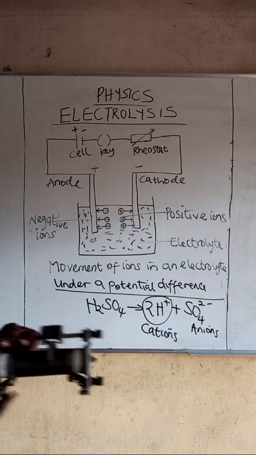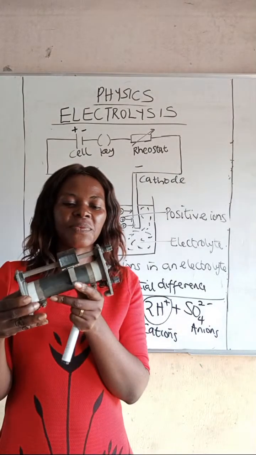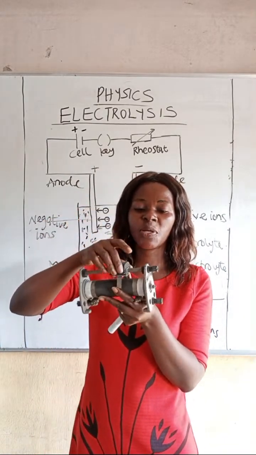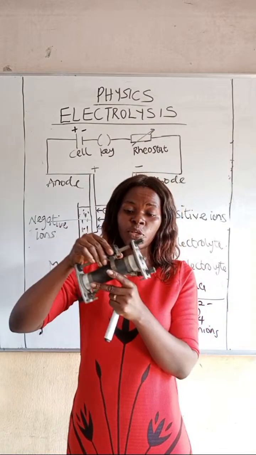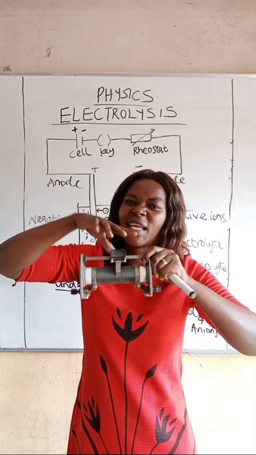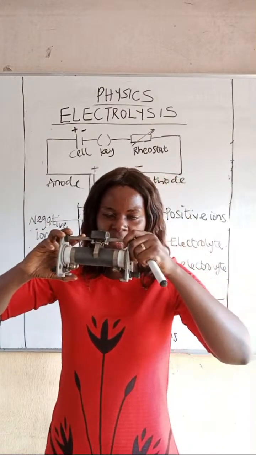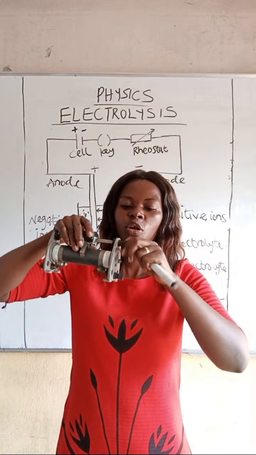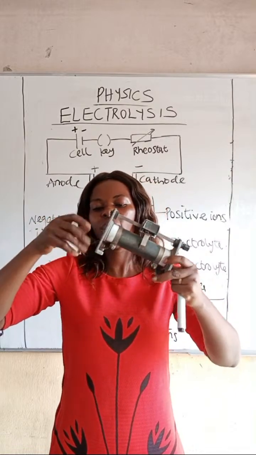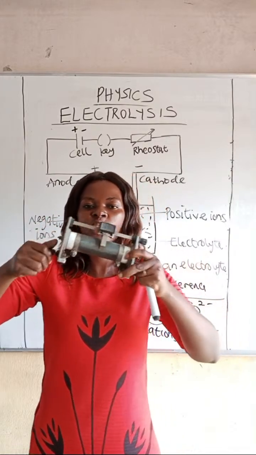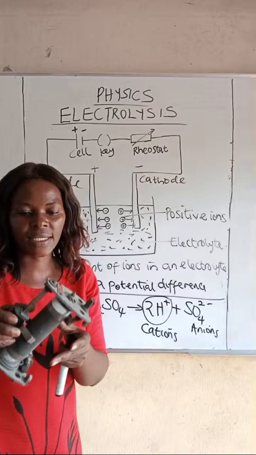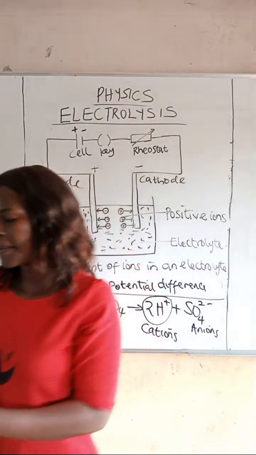Okay, now this is a rheostat. Can you see it? We can use this rheostat to measure the amount of resistance in the particular circuit. We can adjust it. That's just the work of a rheostat. We connect this end, you open it and connect to this end, then you open here and connect to this end. That is how it is connected. So this symbol that is here is for the rheostat. Do we understand? Okay.